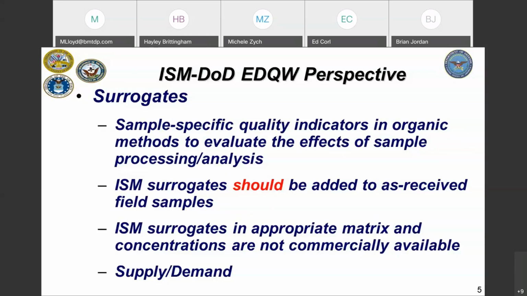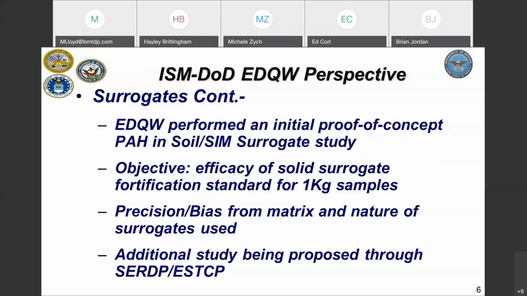So what we think needs to happen is we need to have surrogates that are actually in a solid matrix. And of course, because you're adding them to much larger samples, they have to be at the right concentration. But the trick is these are not commercially available currently for any of the analytes. Now, there's a supply and demand aspect to this also, isn't there? We have wonderful organizations like ERA Waters that'll make these things for us, and they're very, very good at it. But of course, they are not going to make these things in bulk unless there's a high enough demand to do it. And who could blame them? Because that's a business decision.